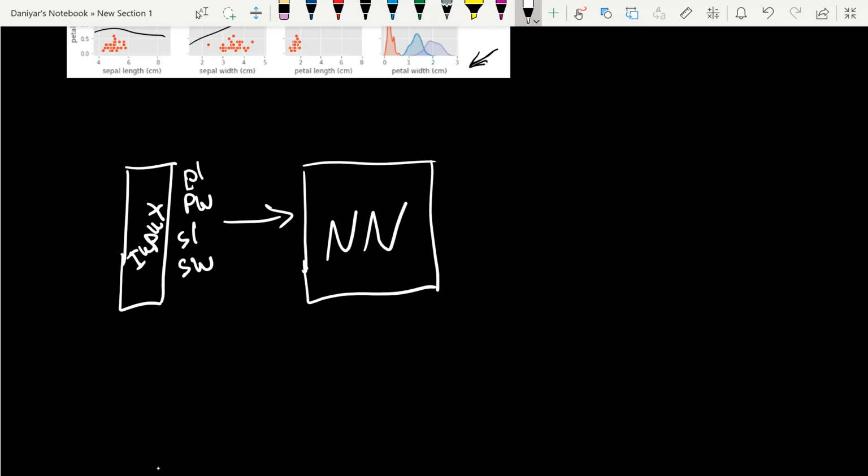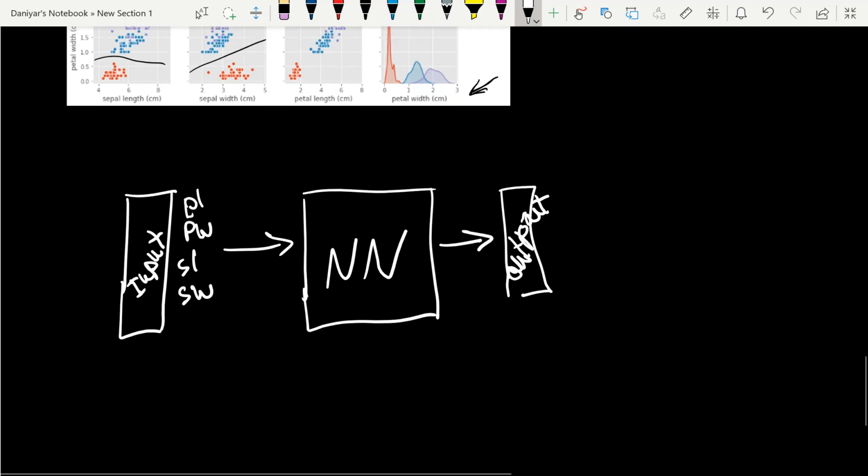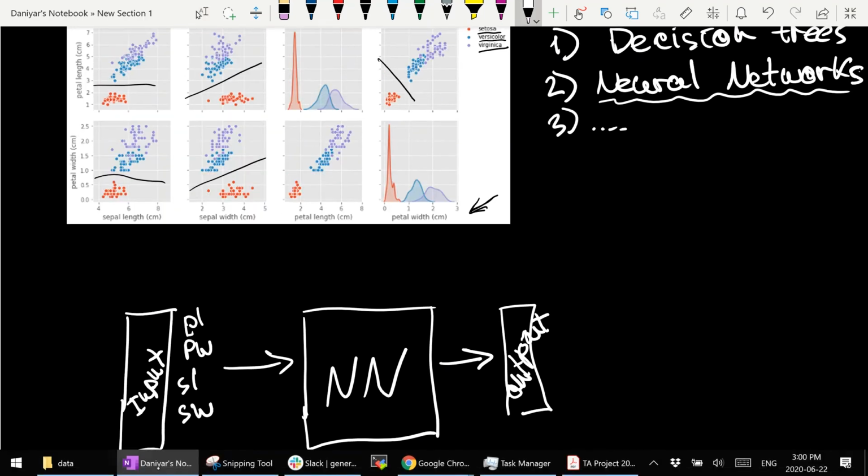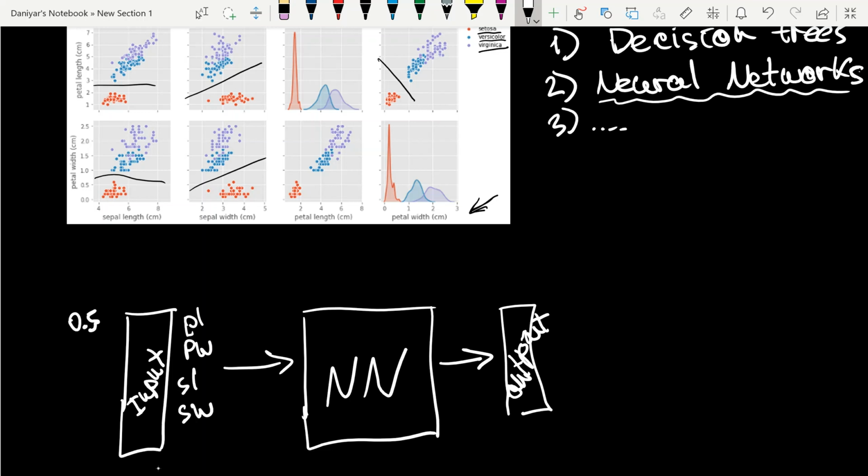And on the other side, we get a prediction. Usually the prediction is an output that gives you the score of probabilities. In our case, we have three different types of species, and so it would say, for example, given those features, hypothetically 1.5, 0.1, and 3. On the other side of the neural network, what we should get is the probability. So what is the probability of it being the setosa iris, versicolor iris, or the virginica